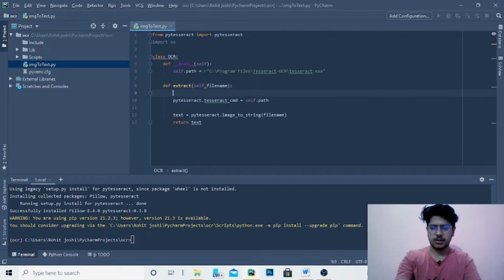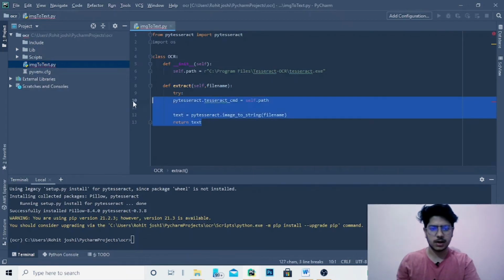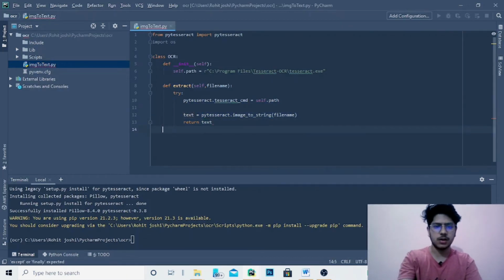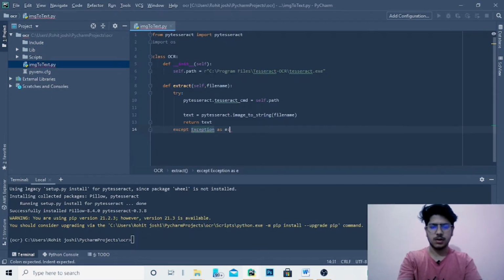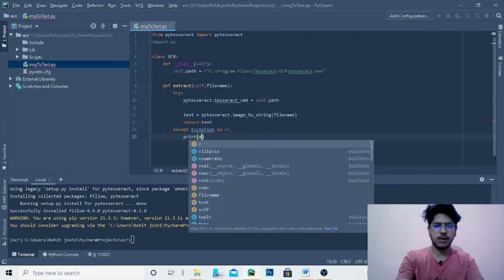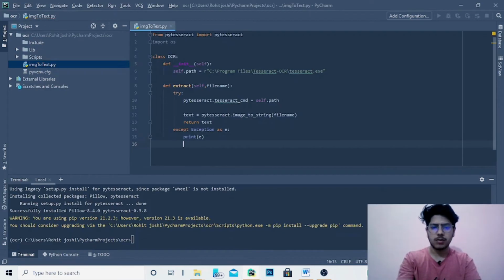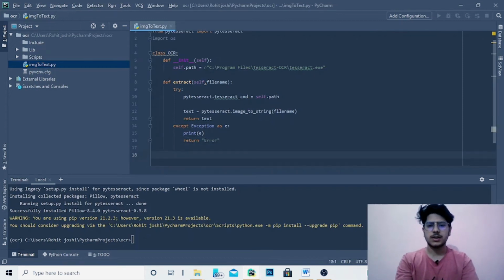So the text is extracted, and we just use this in a try-except block, so if there is an exception, then we can handle that. Except Exception as e, we can just print what the exception is, or we can return an error.